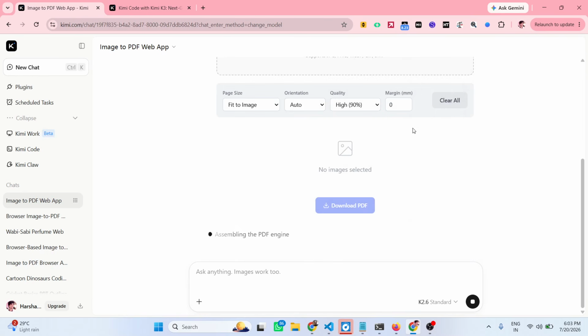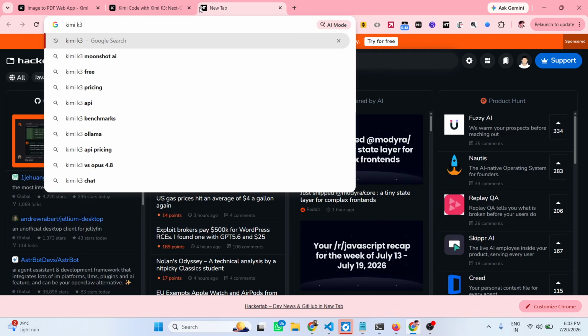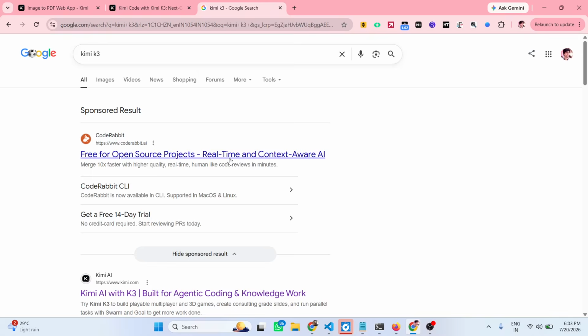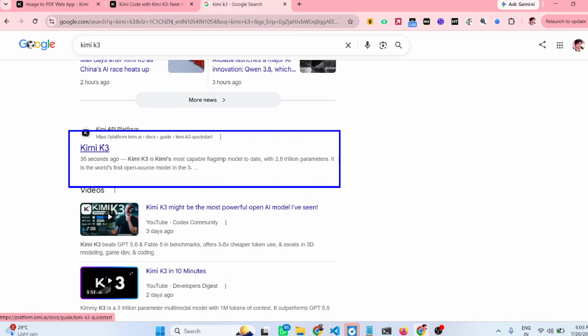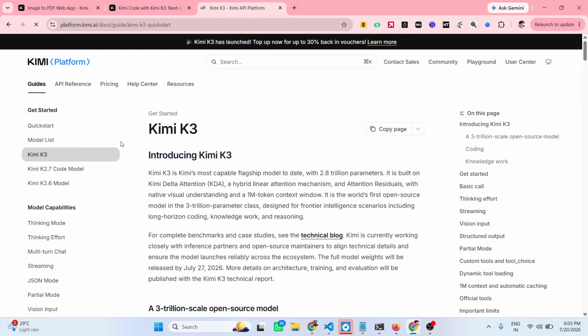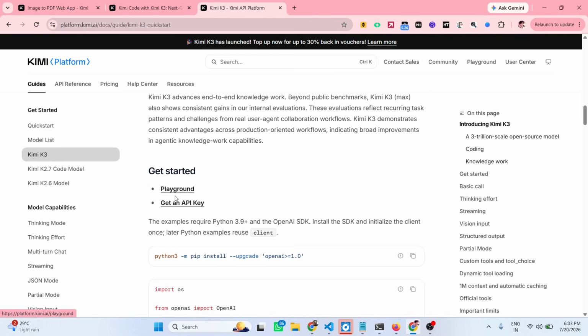Once it completes, you will also be able to see the code. This Kimi K3 model was recently released. If you type Kimi K3, you can read more about it. Kimi K3 is the latest Kimi model, which is really powerful, free, and unlimited for building coding applications. They also offer a playground section, if you do want to integrate through the API section,